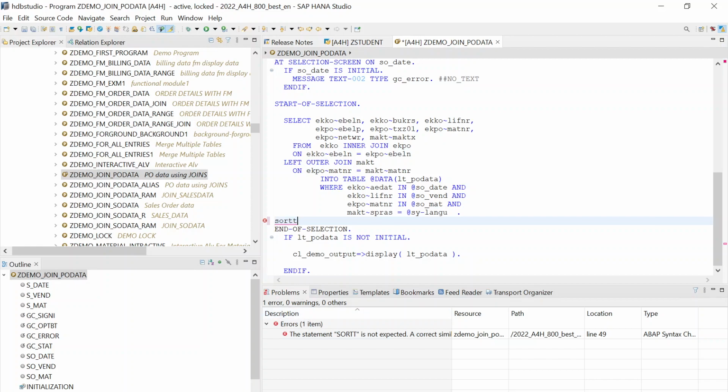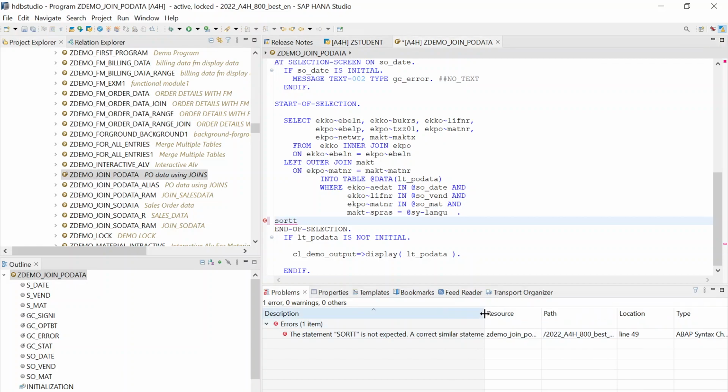You don't need to wait for the program completion, and you don't need to press syntax check. Whenever you are typing, it will show the syntax errors as well, so that you can correct immediately, right? Sort is not expected. A similar statement is sort. It is displaying that error suggestion as well. What is this relevant statement? Sort LT PO data by